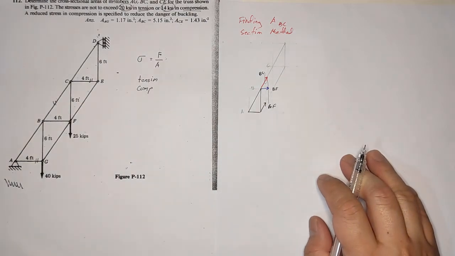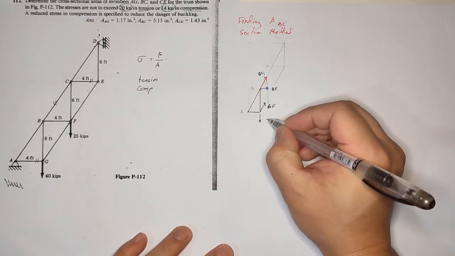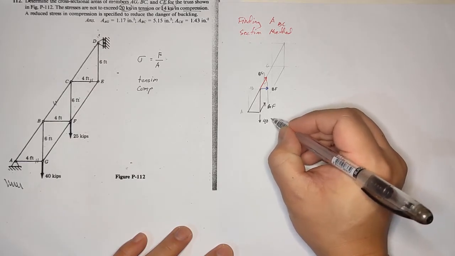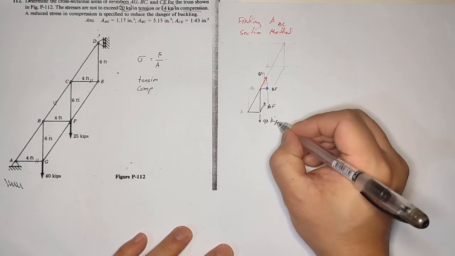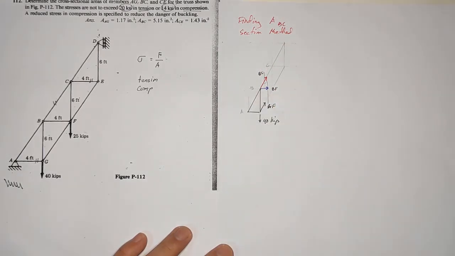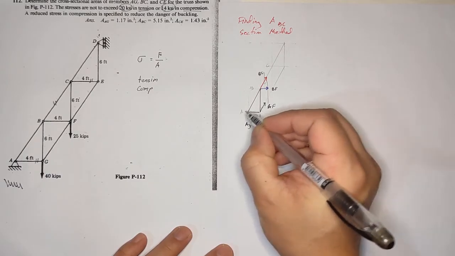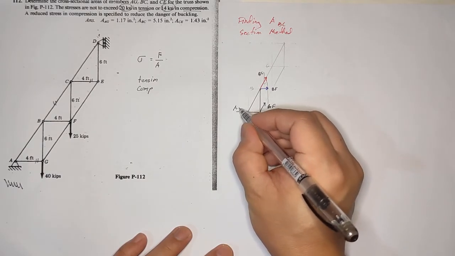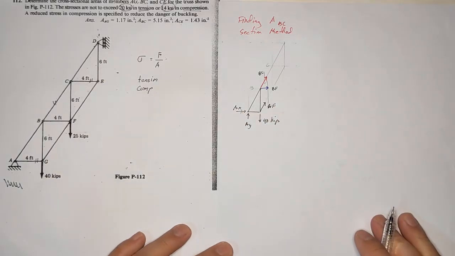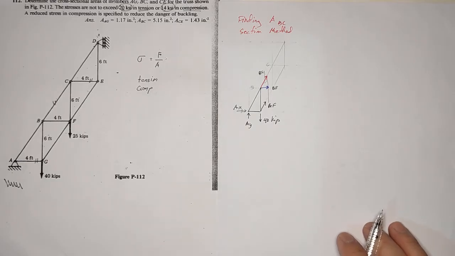Okay, then of course don't forget you have still 40 kips here, and forget about this one. So that's the only, and of course don't forget the reaction AY, and you have reaction AX. Okay, with that, we could now compute for